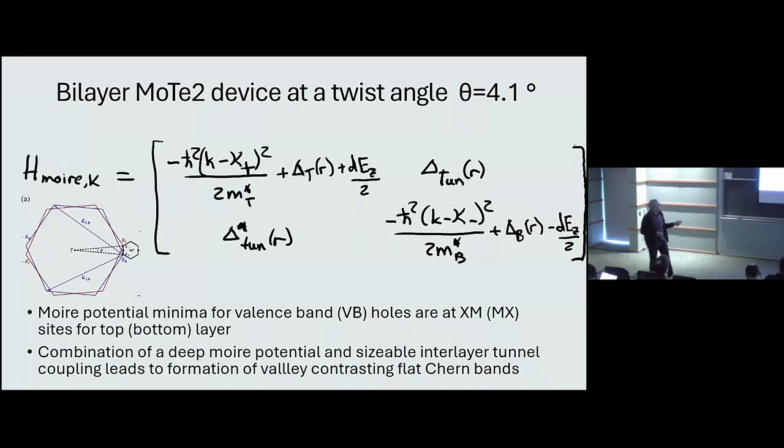Now, you can think of these as gauge potentials. Normally if it was just one layer, that's a constant gauge. One can gauge it away and it's irrelevant. But the fact that the two layers have different gauge potentials means that this is real and you cannot get rid of it. There are observable hopping phases associated with it. And it is these hopping phases that are essential for the destructive interference that leads to the flat Chern bands. Okay, so that's all the theory.